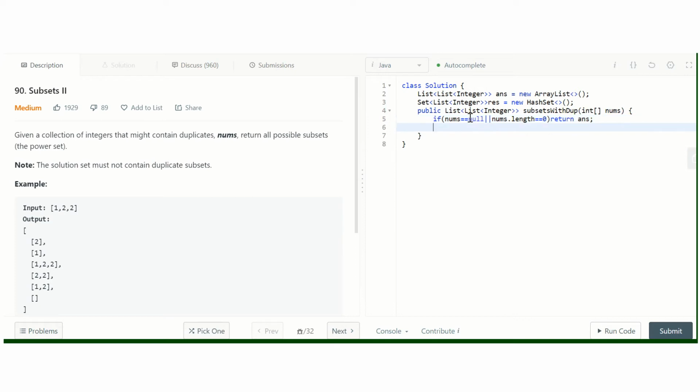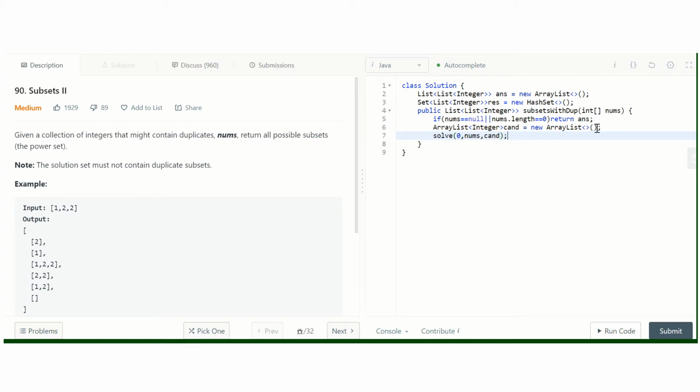Now if it is not empty, we will start backtracking from the 0th index, and let's create a new array list. This is the candidate subset, a new array list, and we can pass nums and candidate.